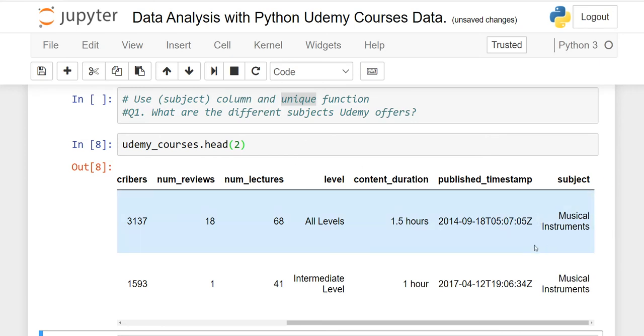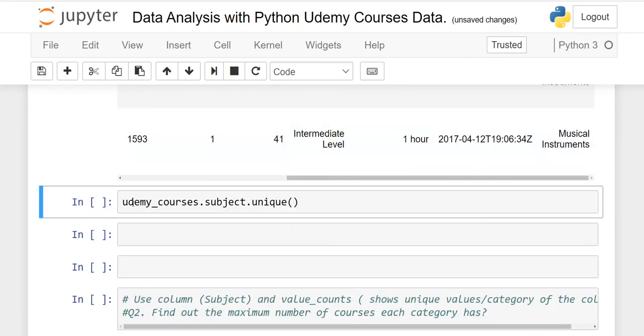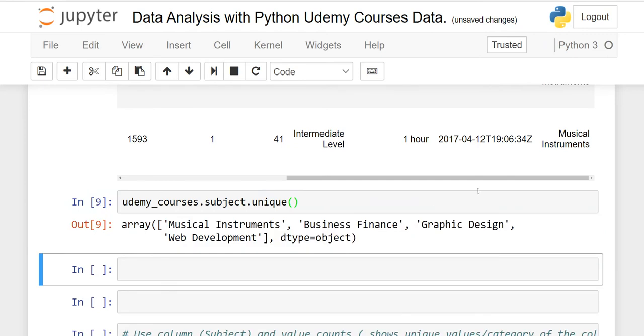Because this is our task to find out what are the different subjects. So Udemy, what syntax you have to write down? Udemy underscore courses and then dot subject. After this, dot unique. So keep in mind, dot unique will provide all the array or list of your